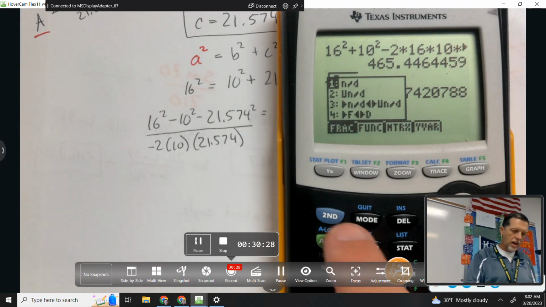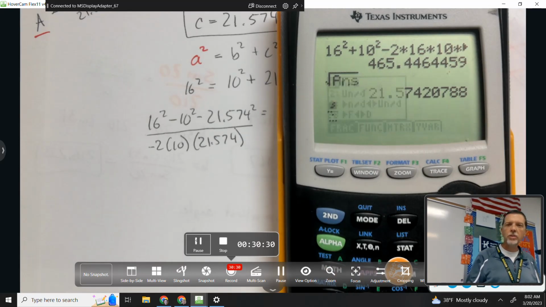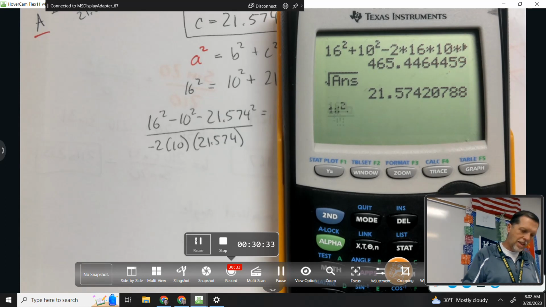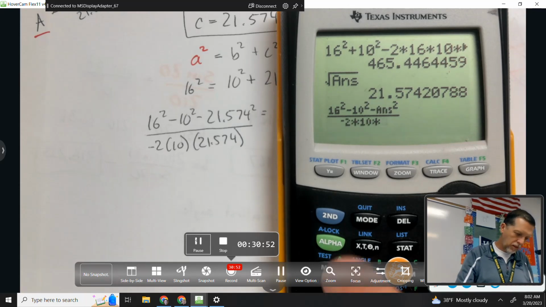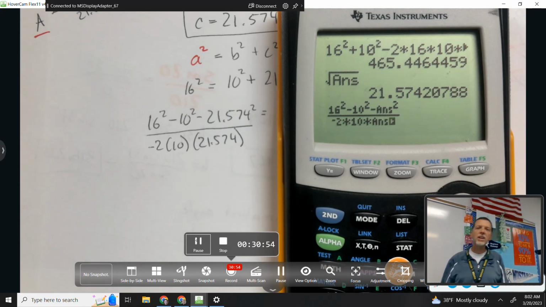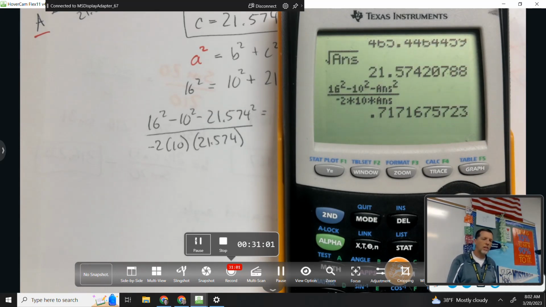Alpha F1 or alpha Y equals. That makes it real clear who's in the top and who's in the bottom. And if you want to get fancy, you could do answer squared like that. That way you don't have to type C in. Divided by -2 times 10 times that answer again. Okay, that's what